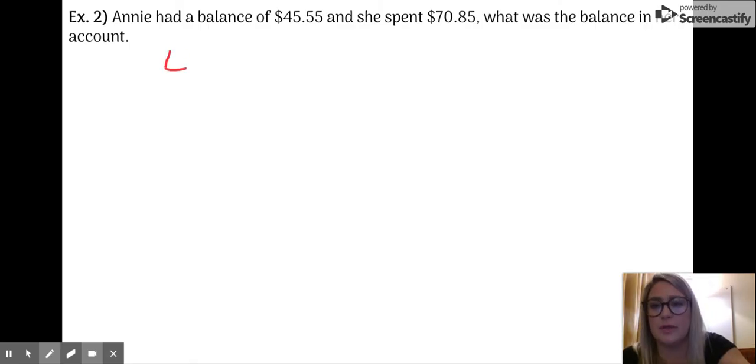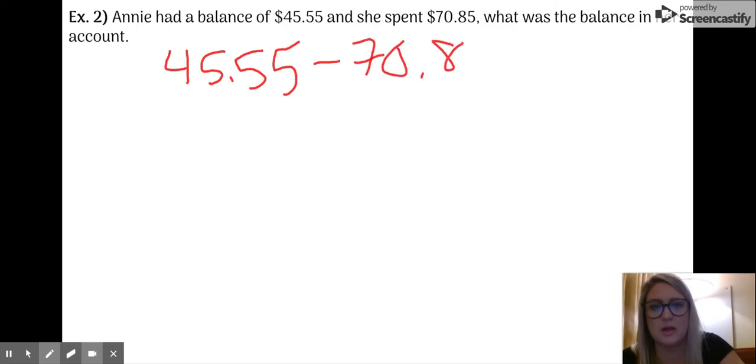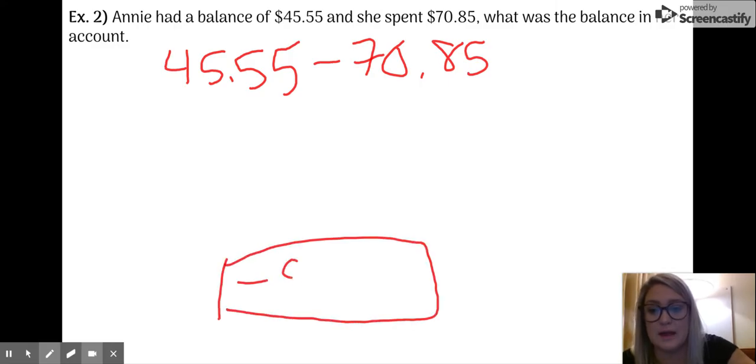So we're going to start with the $45.50 that she had in her bank account. And when you're spending money, that means you're taking it out of your bank account. So we're going to use subtraction. So notice when I wrote this, do you have more positive values or more negative values? You have more negatives. So we know at the very end of this, our answer is going to be something negative